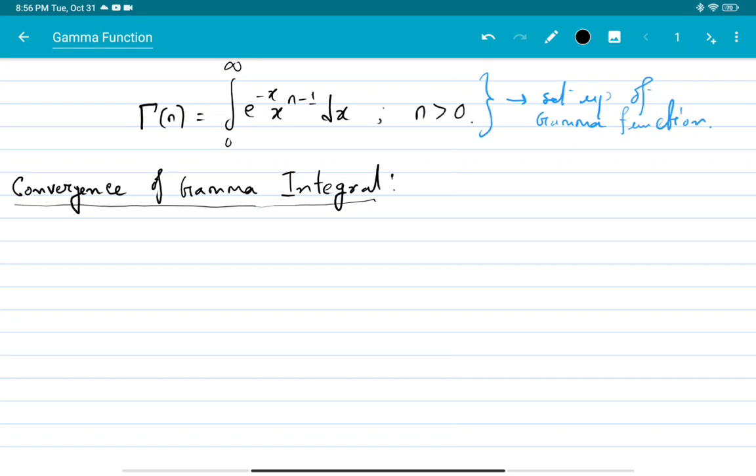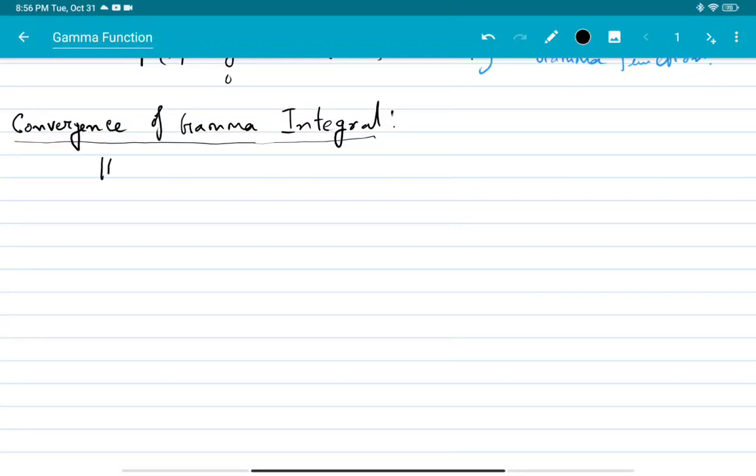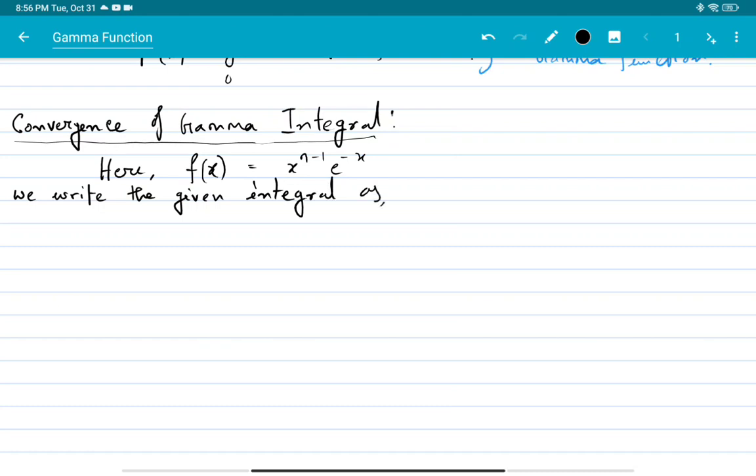Here the function is x to the power n minus 1 e to the power minus x. So we write the given integral as